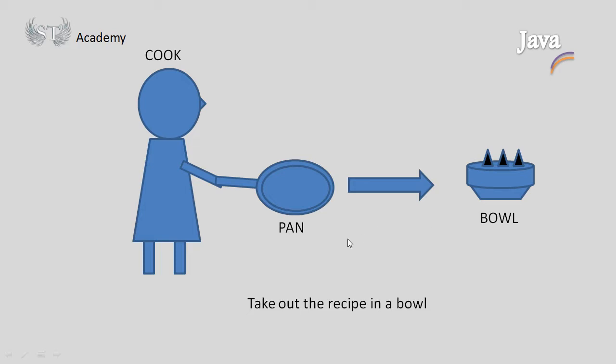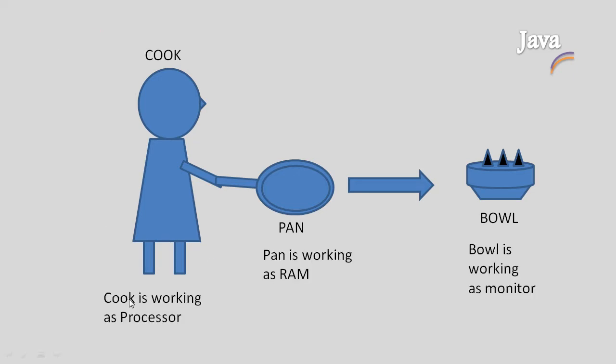So if you see the sequence, the cook is using only a single pan and he is putting the ingredients related to the recipes and he is cooking it and he is getting the results. So the pan is only one and he is able to cook more than one recipes. So this is the procedure, this is the methodology in which in our system the processor and the RAM also